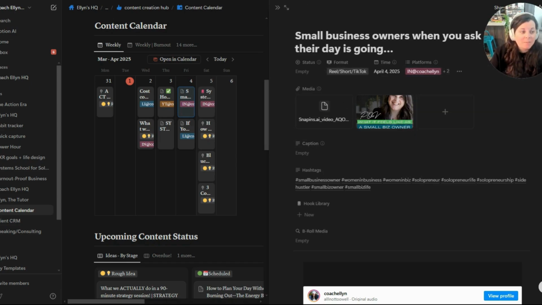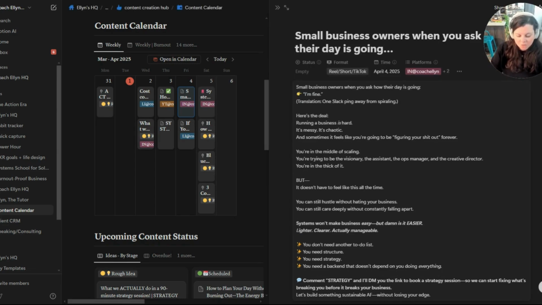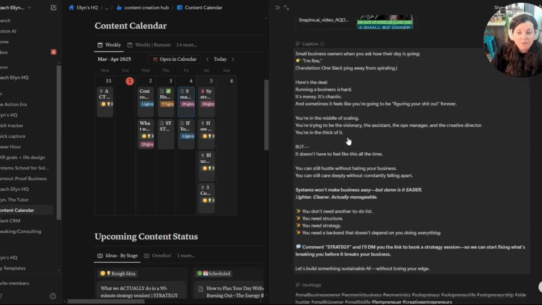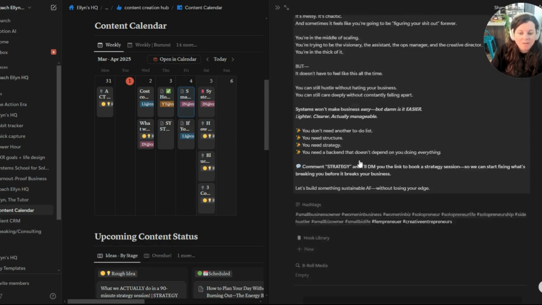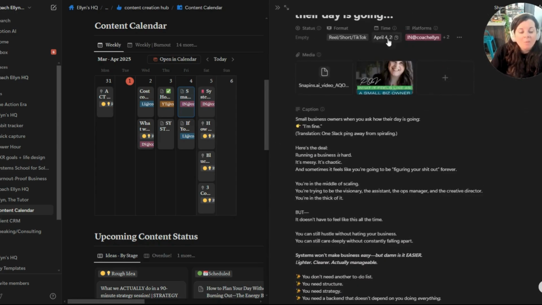And last but not least, I'm going to go ahead and do the caption. I use ChatGPT for this. If you want to know more about how I use ChatGPT for creating captions, let me know. So then I would just go ahead and pop this in here. And sometimes I have to do a little bit of reformatting. Once you've got the layout of the caption the way you want, like I'm happy with the spacing of that, how that looks, I'm happy with my hashtags, then what I'm going to go ahead and do is,